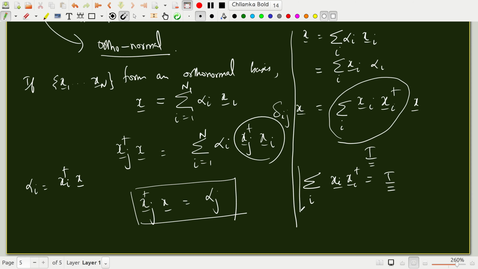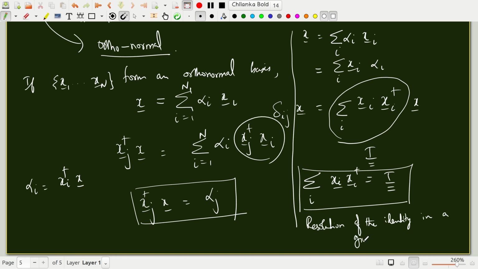This procedure is called resolution of the identity in a given orthonormal basis. Okay,